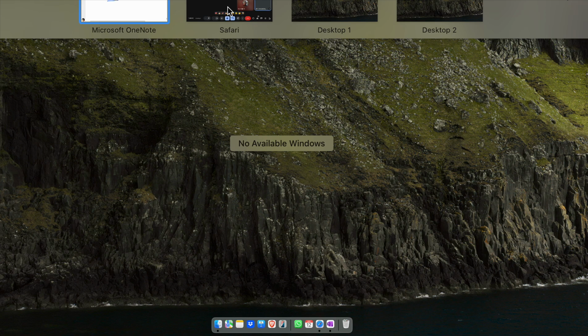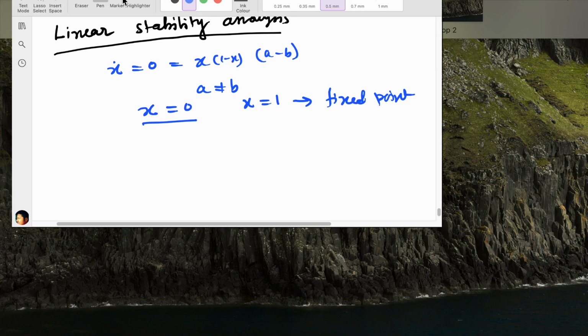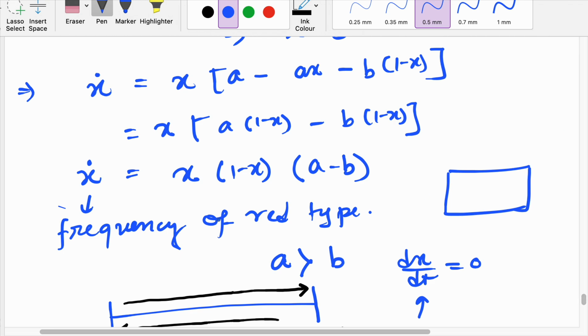Okay, for analyzing any nonlinear equation, the only tool you can use is linear stability analysis. If I give you this equation and ask what will be the fate of this equation, if t tends to infinity, what kind of behavior will I observe? One thing you could do is put this equation in computer numerics and you will observe something. That is one way. Another way is, can we tell something about the future of this equation through any theoretical method? The only theoretical method that is available is